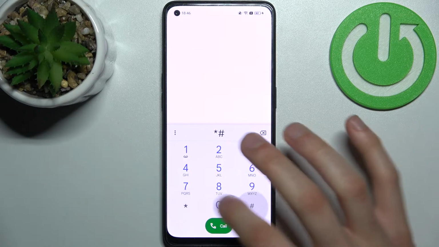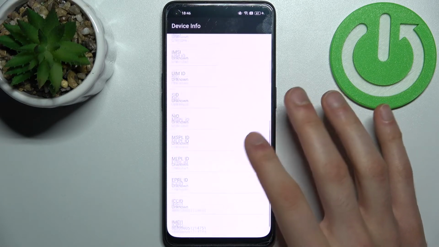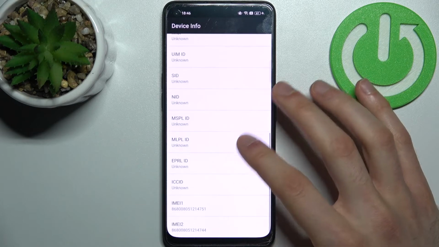Next code will be *#4 zeros, and this is the other device info menu. So as you can see here, you can find some information